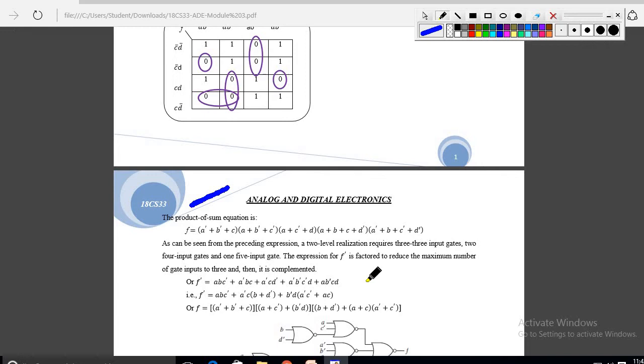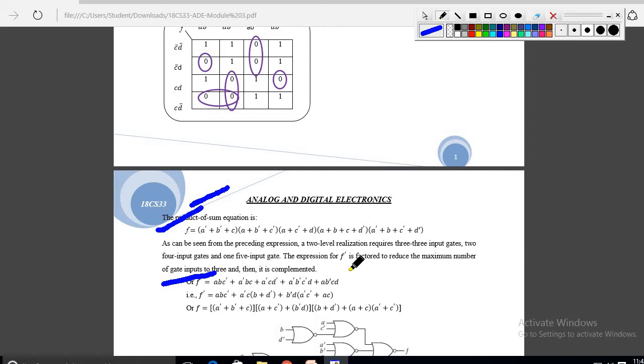Okay, so once you got this expression, are you clear, or are you comfortable till now? This is very important while grouping and writing this expression. Here you have to do zero grouping, and according to that we have to write these expressions. If you are confused, you can do the zero grouping also, but write the SOP form directly from the 1s and 0s. Is it clear? But I am doing zero grouping here, not ones.